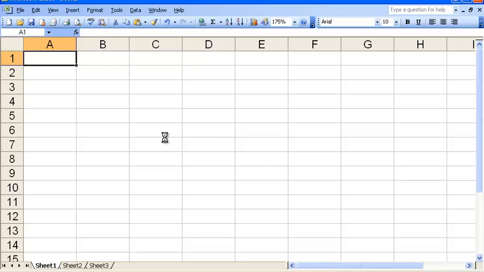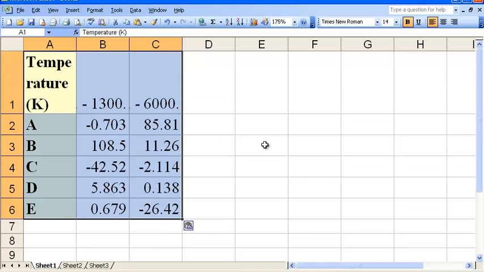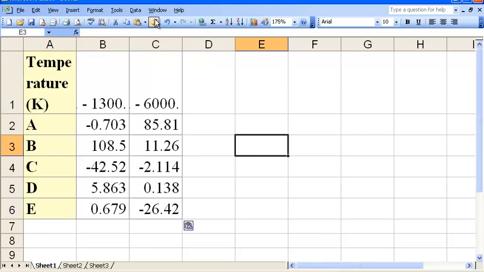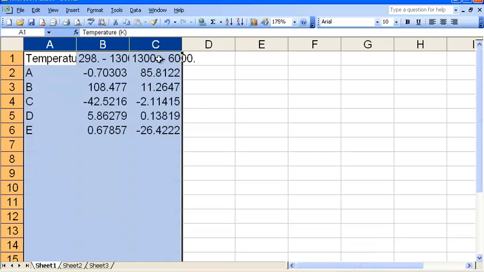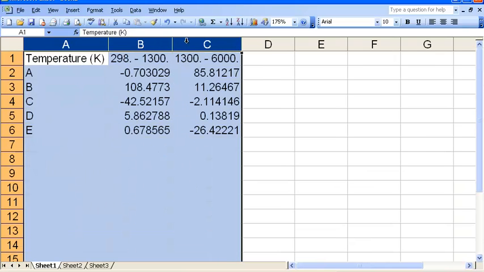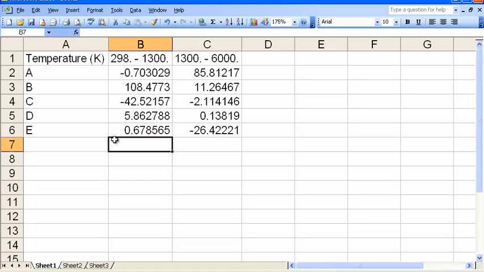We'll put them right there. Yeah, hello. There we go. There they are. Let's paint this, make it look nicer. There we go. So there's our data, and now what we want to do is to